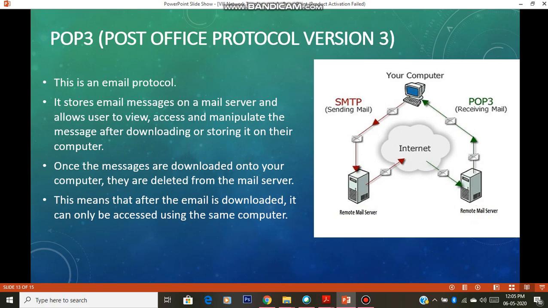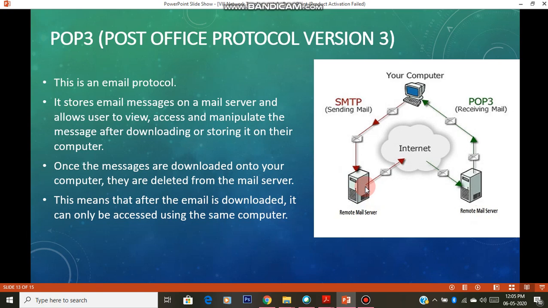When the POP3 protocol is used in mailing, if we get some mail from somebody, once we receive it, we have to download the entire mail to our computer. Once a mail is sent from any computer, the server holds it for you.